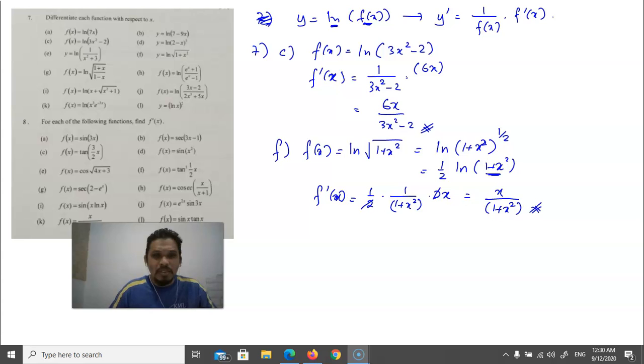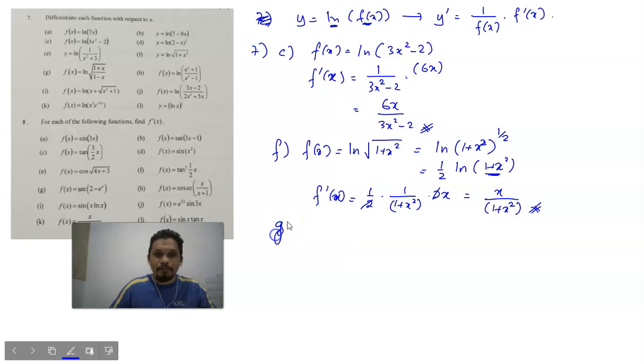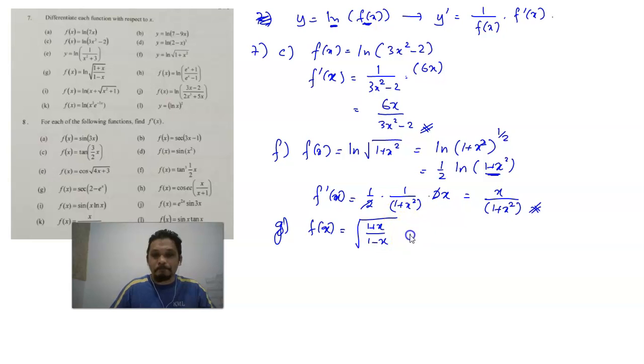Okay, question number 7, C and F. What about G? Question G: f(x) equals natural log of the square root of (1 plus x) divided by (1 minus x). And for this one now,